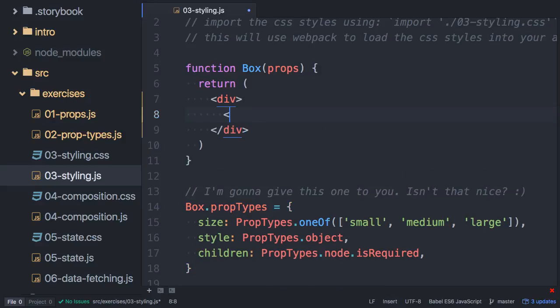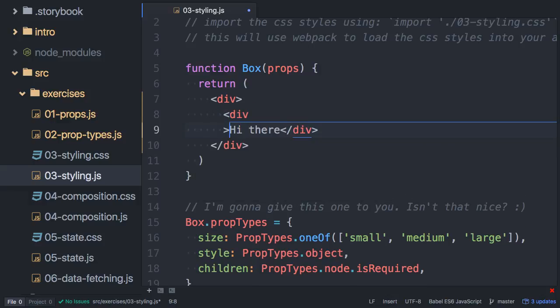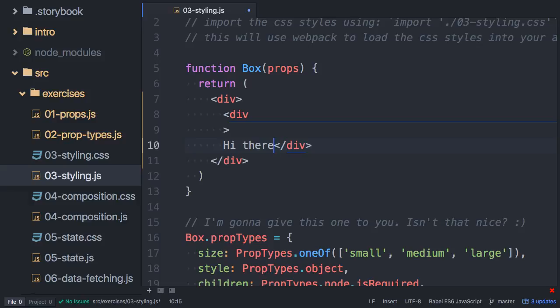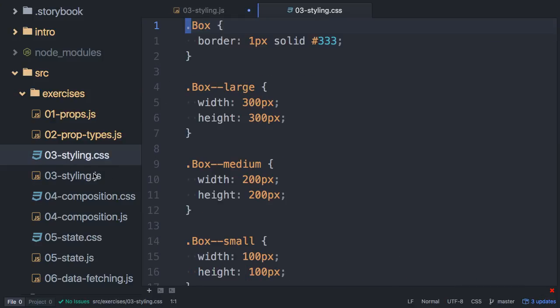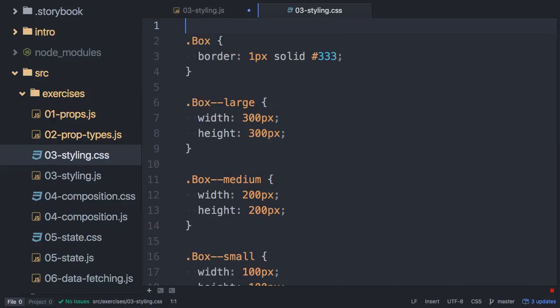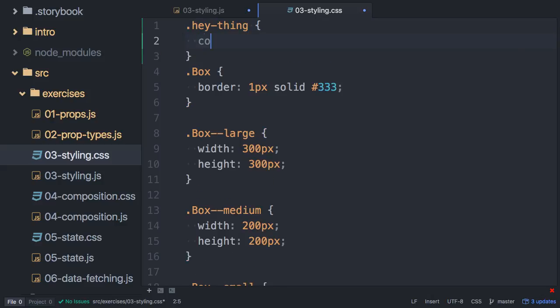So if I have a div inside of here that says hi there, and I want to organize things a little bit, I can add a class with className, and I'm just going to say hey thing. And let's go into our styling.css, and I'm going to add a thing here, and we'll say color is